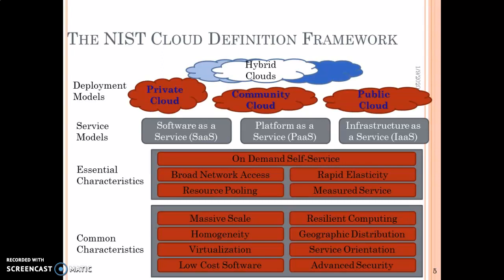Before going ahead, the NIST standard, those who coined the standard definition of cloud computing, has given the common characteristics and 5 essential characteristics, and we saw the nature of each. Then we saw the service models, which are infrastructure, platform, and software. Today's class we are going to see some of the deployment models like private cloud, community cloud,